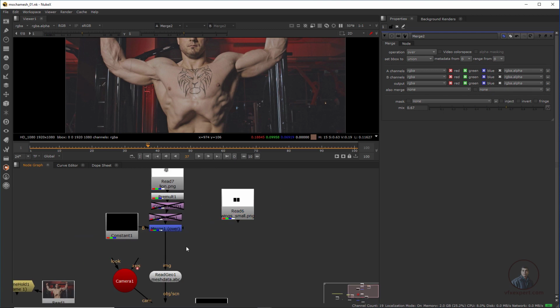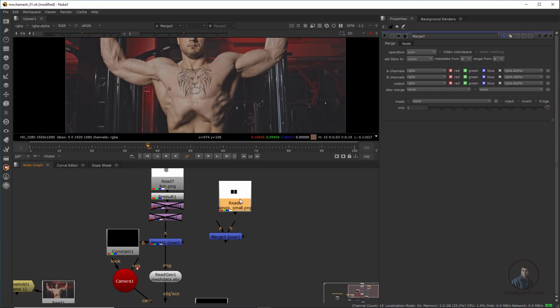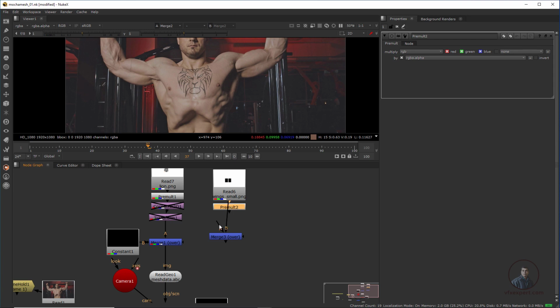Now take another merge here. Before this merge, because this will be on top of our constant here, press Tab, premult, like this. Maybe make any background or foreground, then take output from here.